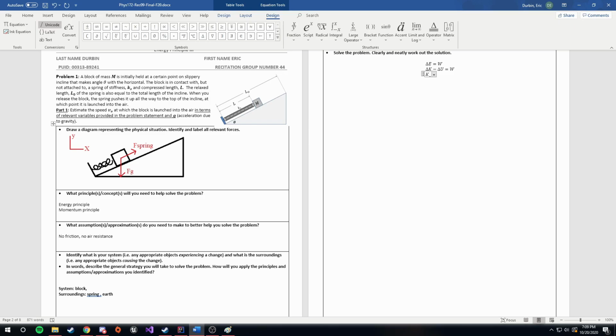So we have kinetic final minus the kinetic initial, minus 0 for the final potential, minus 0 for the initial. And the gravitational potential or work is minus